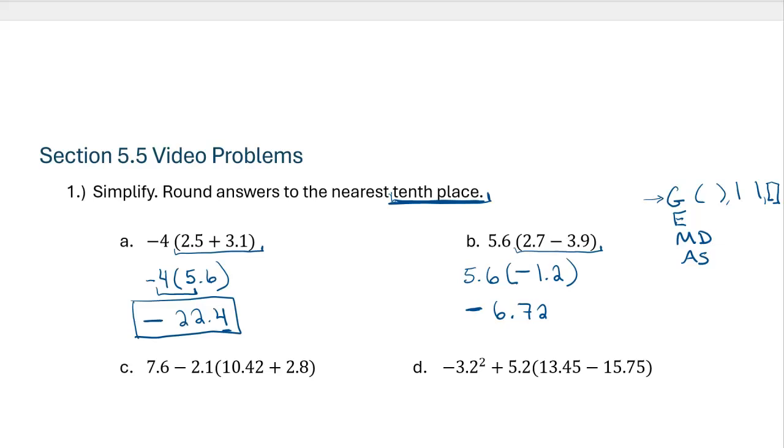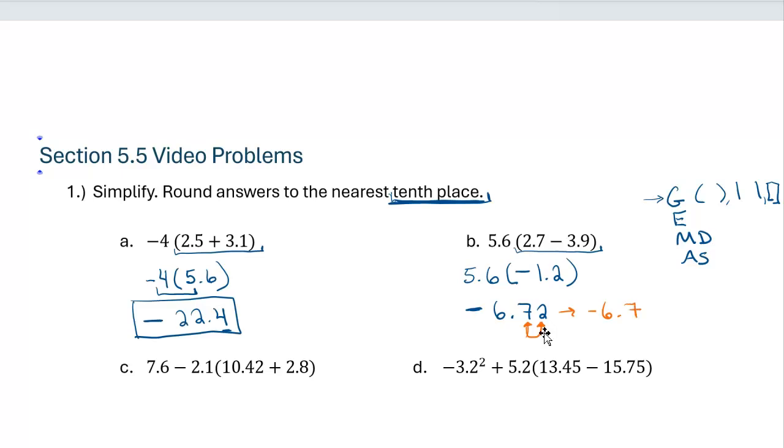Before I know my final answer, I need to double check that I've rounded it to the requested place, which is the 10th place. 7 is in the 10th place, right? The first place to the right of the decimal. I look to the right of that. I have a 2, which in this case, because it's 4 or lower, the 7, the number in the 10th place, stays the same. So my final answer is -6